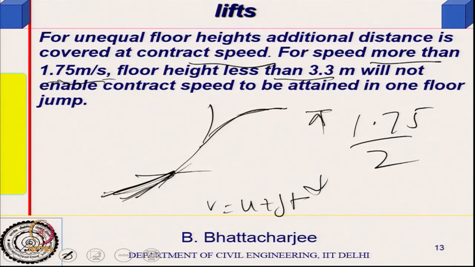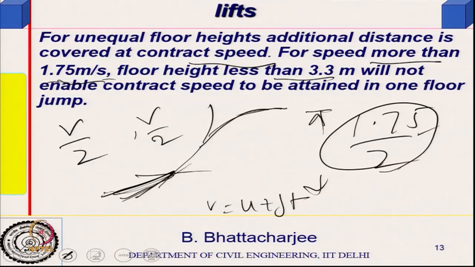So my average speed is v by 2 during the acceleration time, and during the deceleration time also it is v by 2. So I need somewhere around 1.75 meters as the distance I should cover